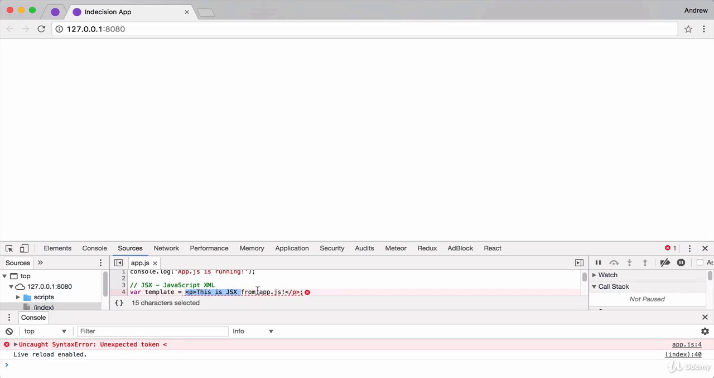Right here, we have our JSX expression, and Chrome and any other browser doesn't know what to do with this. It's not part of the JavaScript language. It's an extension. So what we have to do is figure out how we're going to solve this problem. Well, we're actually going to solve this problem by taking our code with JSX and compiling it down into regular,